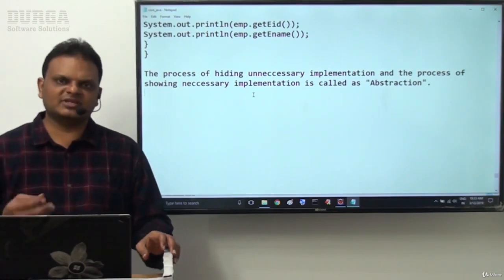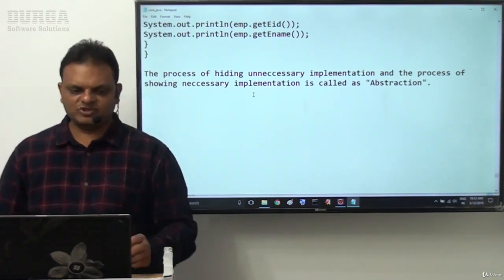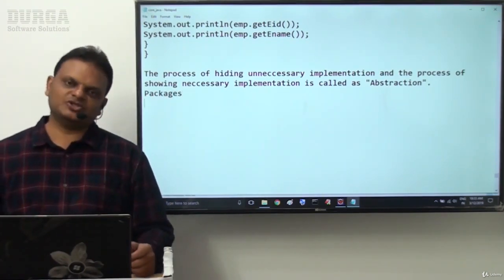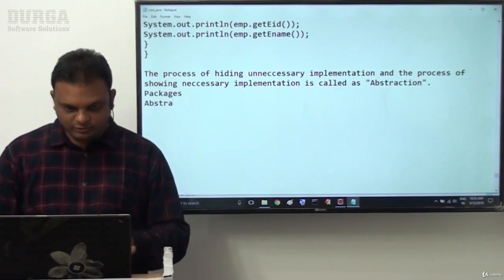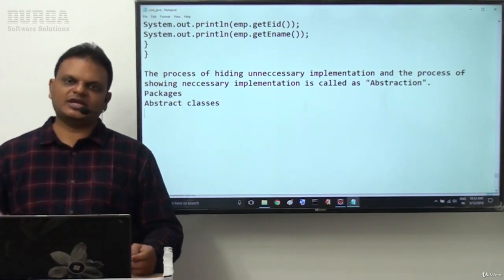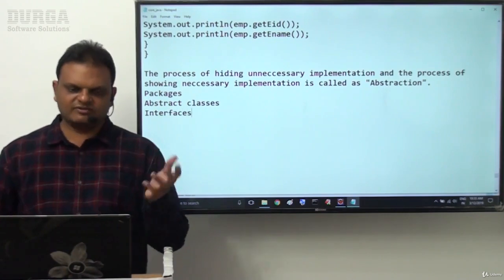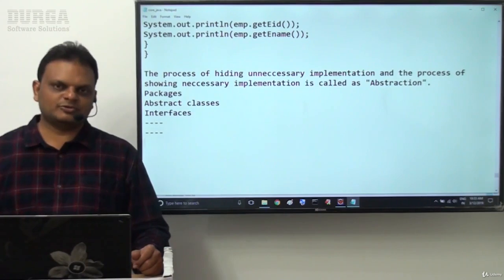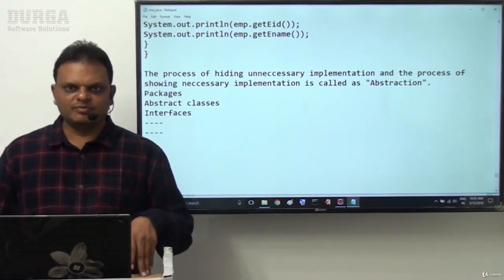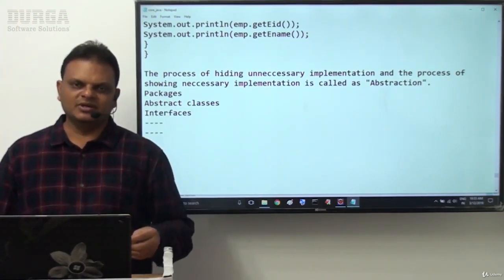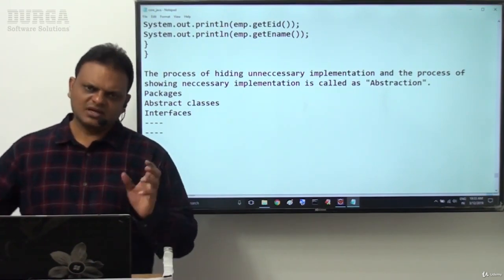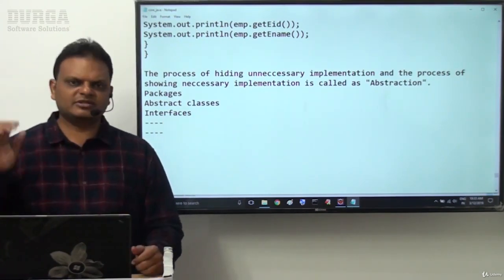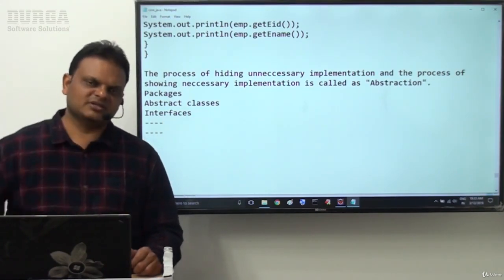So in Java programming, we are able to achieve abstraction in n number of ways. What are the various ways we are able to use? By using packages we are able to achieve abstraction. And by using the abstract keyword, by using abstract classes, we are able to achieve abstraction. And by using interfaces also we are able to achieve abstraction. Like this, a number of alternatives are available to achieve abstraction in our Java applications. Maybe factory methods also. No, the factory method concept is different. There also we are able to achieve one type of abstraction when we go for enterprise application level. So that concept we will discuss in future videos.